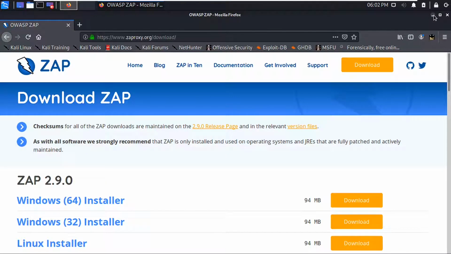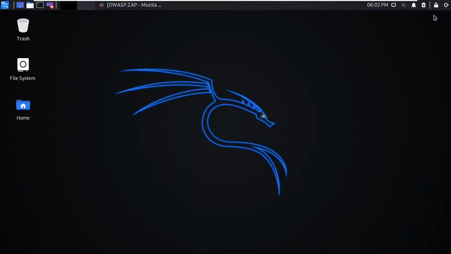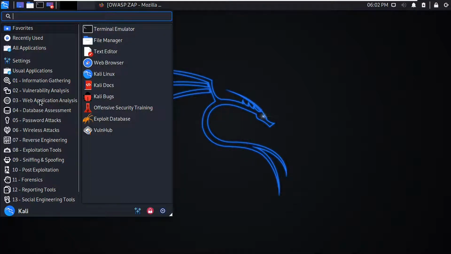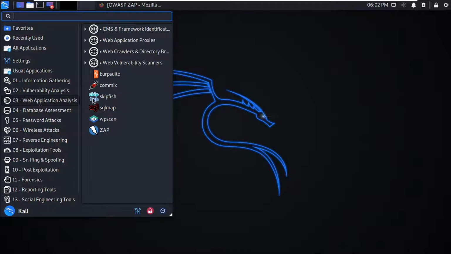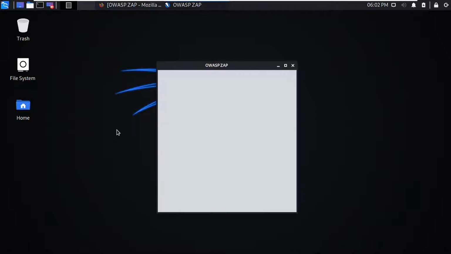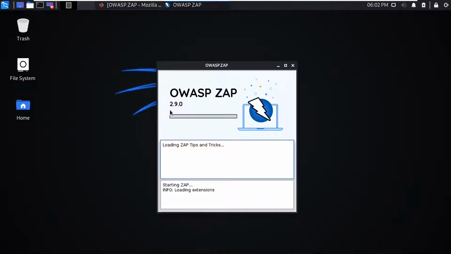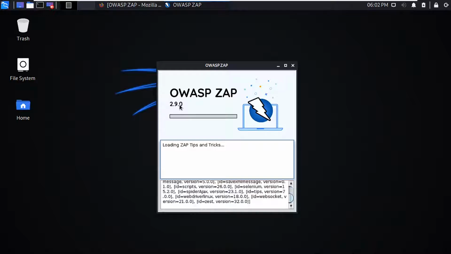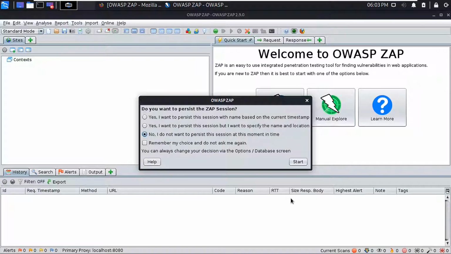So for Kali Linux, the Zap is already installed. So let us open it, and to open it, go to the menu and click on web application analysis, and in the last option there will be Zap. So it will take some time to open, and the version is 2.9.0, and this is the starting page of Zap.